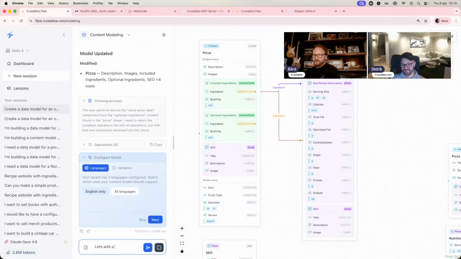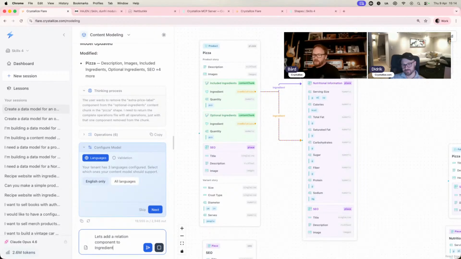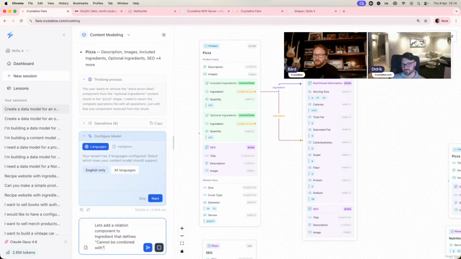Let's add a relation component to ingredient that defines cannot be combined with. That's a long